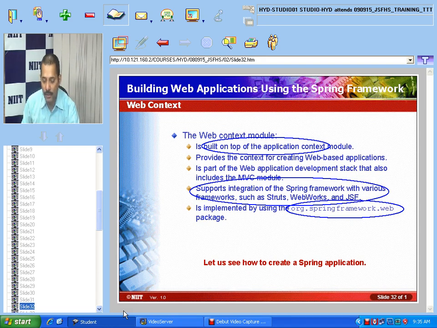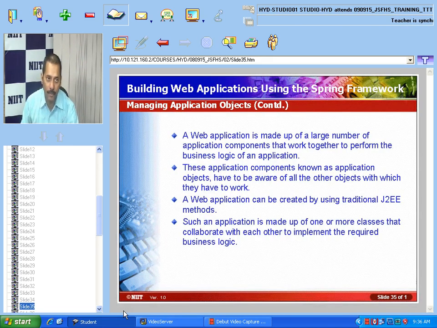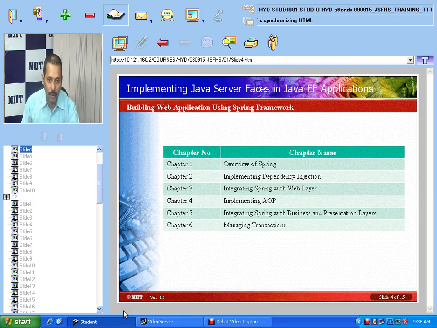Traditionally, how did we implement it with J2EE methods? Till now, whatever we have discussed is chapter 1 of the Spring framework, and we have finished it here. You can just see this: the overview of Spring. In the overview we discussed the various features of Spring, and the architecture with its 7 modules. There is not much practical, only one practical, which is creating a sample Spring-based application, that we are going to see now.